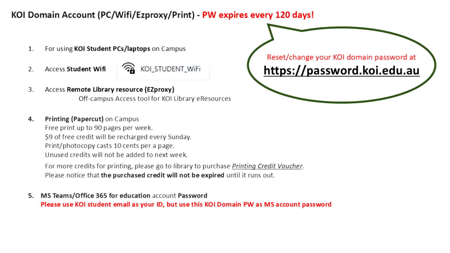The KOI domain account covers your PC, Wi-Fi, Easy Proxy, and print login username and password. For security reasons, this password does expire in 120 days. If you need to reset your password, just go to password.koi.edu.au. So the KOI account covers your student PCs and laptops on campus, the student Wi-Fi, remote access to library resources, Easy Proxy,